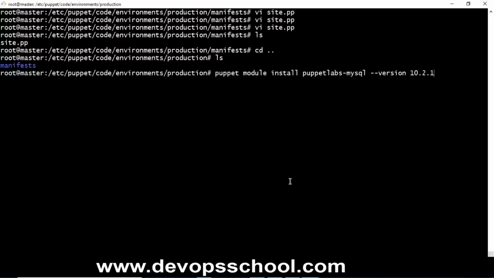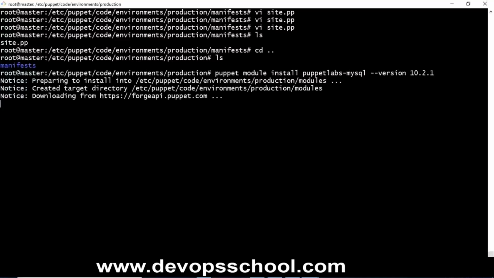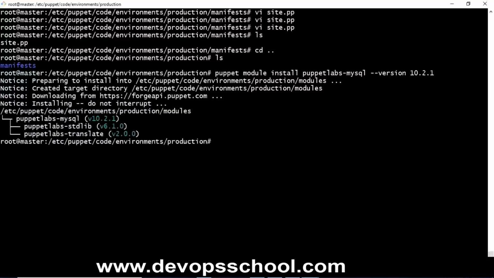So I copied that command and I just pasted it here: puppet module install puppetlabs-mysql. Okay, and press enter. Now it is going to that website, downloading the code. So it has installed something. If I say ls now, you can see one more folder got created, which is the modules folder. So if we go to this modules folder,